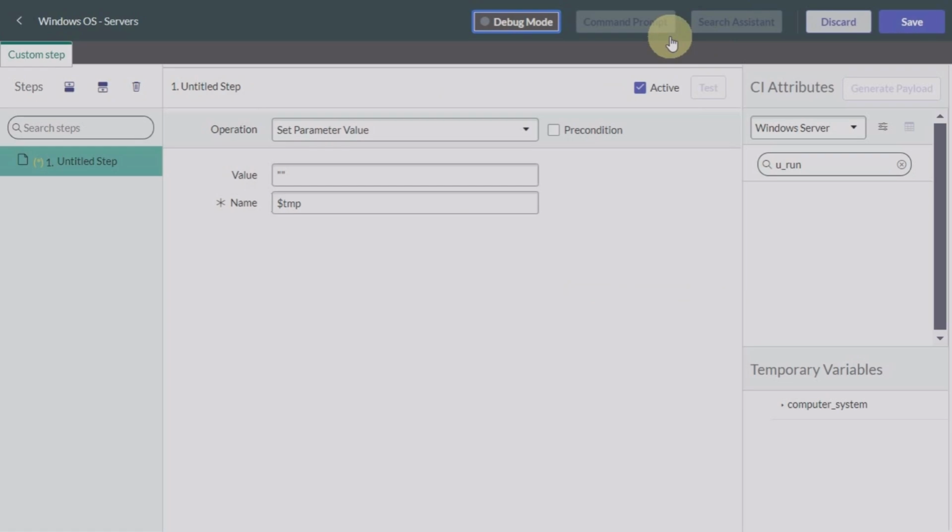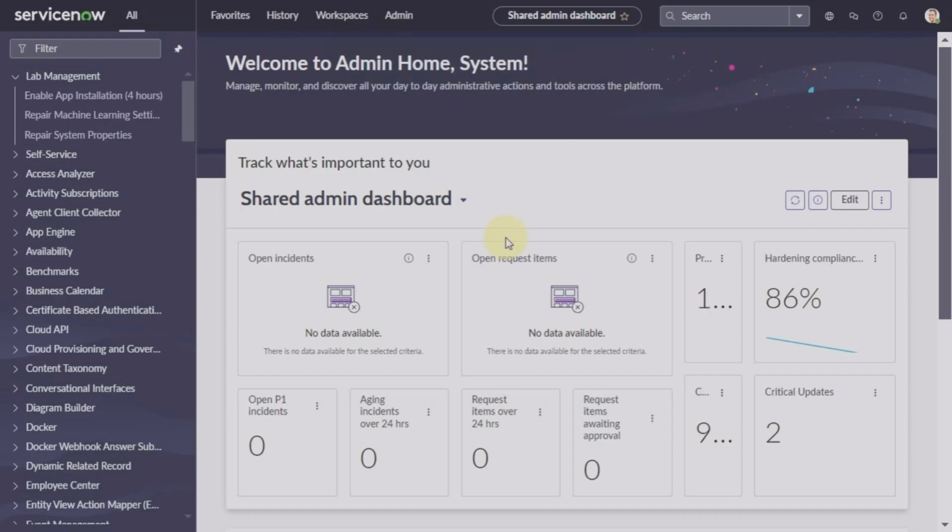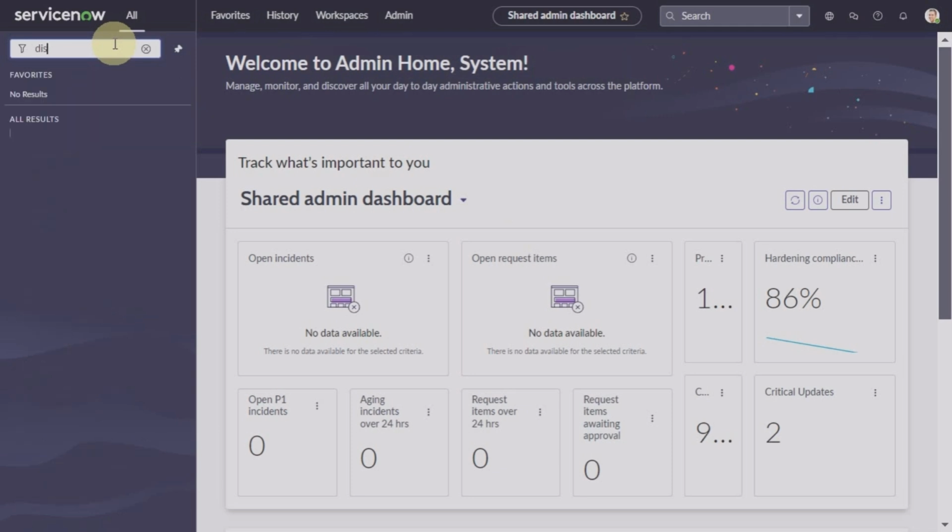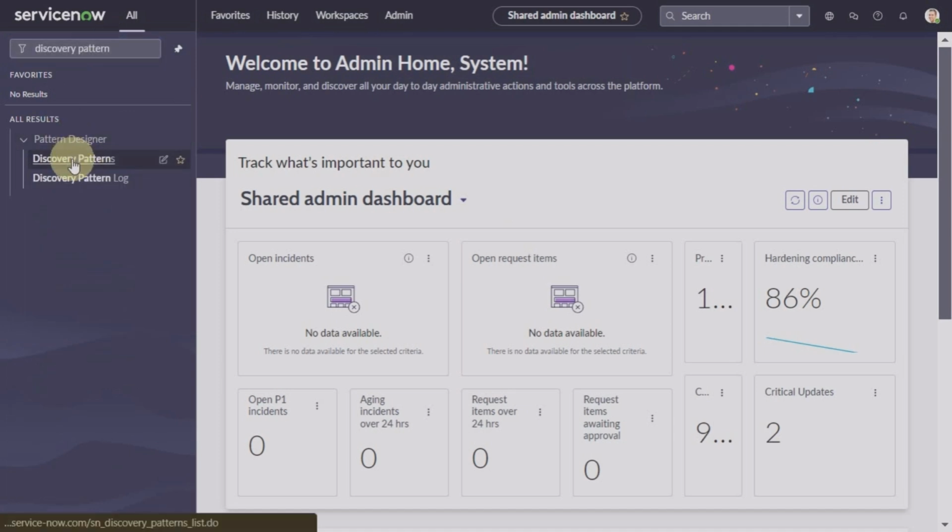Hello everyone. In this video we will talk about application discovery pattern. So in our last video we have already seen infrastructure discovery pattern. So if you have not seen that video, you can go to my channel and you can search for horizontal discovery pattern. Let's go to discovery patterns under pattern designer,